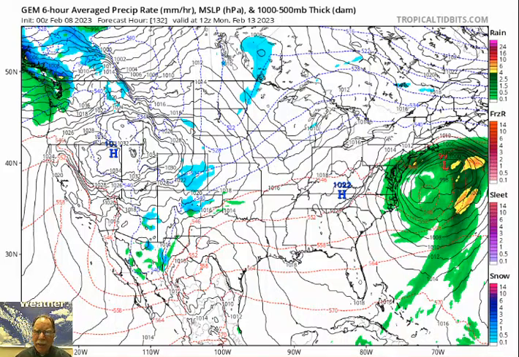And there can be some elevation dependent snow or sleet out of this system. Let's say the higher elevations of the Carolinas and the Mid-Atlantic region late Saturday night into the day on Sunday. Certainly a system worth monitoring over the next few days.